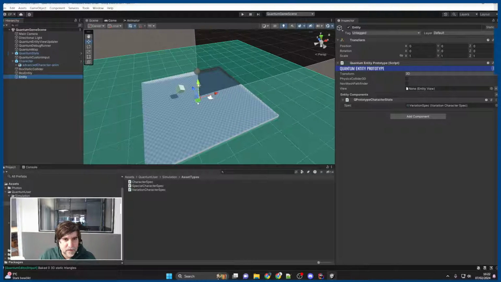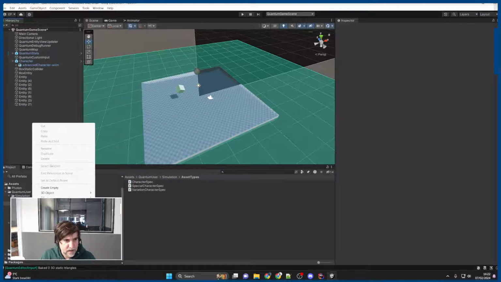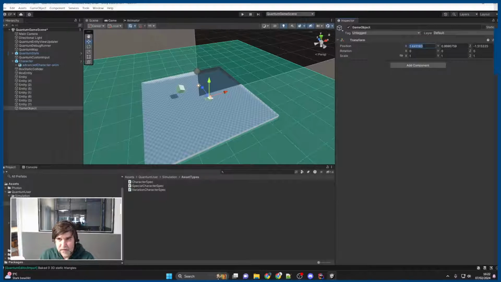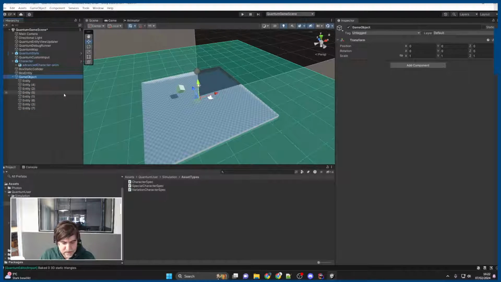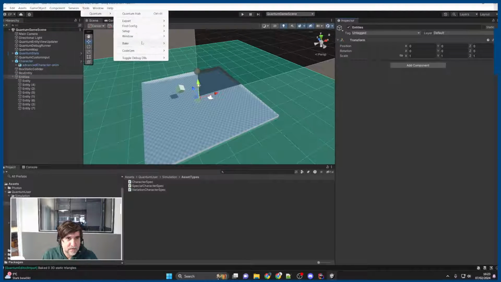But what we're going to do is duplicate this. So we have 8 of them. Let's just start with 8. And yeah, 0, 0, 0. Can I make this guy also? Yeah, it's also 0, 0, 0. So I'm going to call these entities. So I have 8 of them. They're all in here. So if I run this now